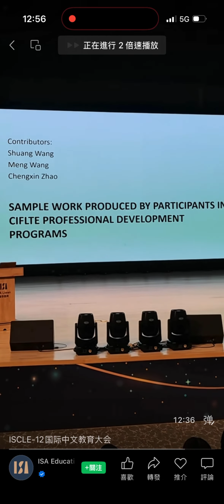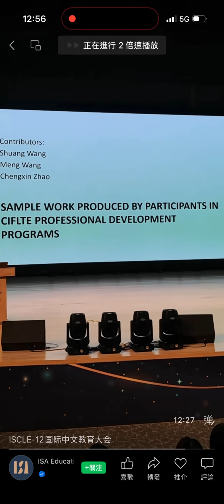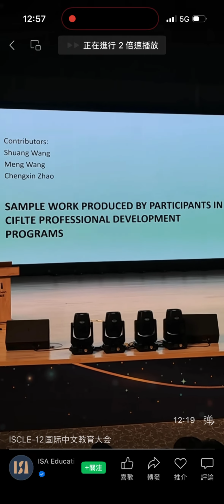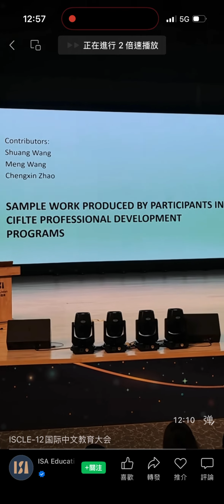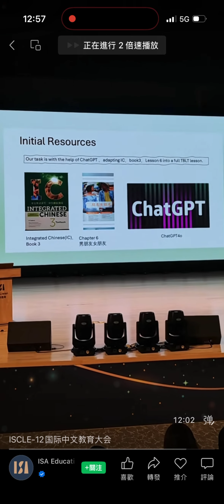Okay, all right, so here I would like just to take a few minutes to show some sample work from our professional development programs. Here we have 3 participants forming a group to work on a capstone project that requires TBLT, the integration of TBLT with AI, more specifically to learn to adapt a traditional Chinese teaching textbook to a task-based approach to teaching Chinese. So this particular group decided